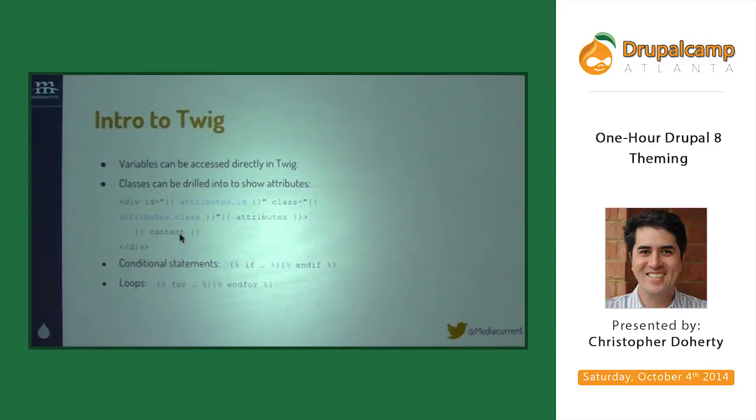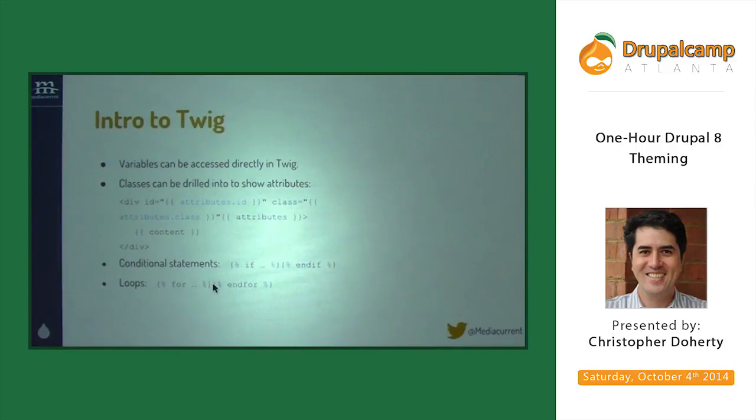One is conditional statements. The percent sign inside a curly bracket will set you up for a statement. So you can say if and then have an argument here. And if it's true, anything in between the if and the end if will be handled. And then the same for loops. You can have a for next loop kind of structure. So you have an argument in this first set of curly brackets after the for, and then whatever it will be rendered within these two statements.